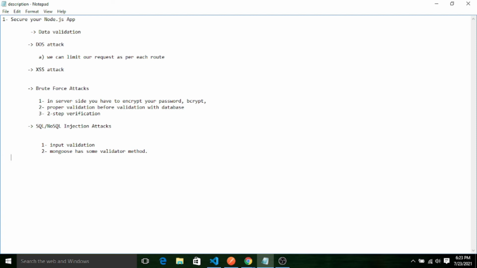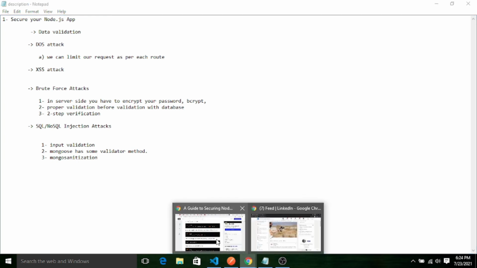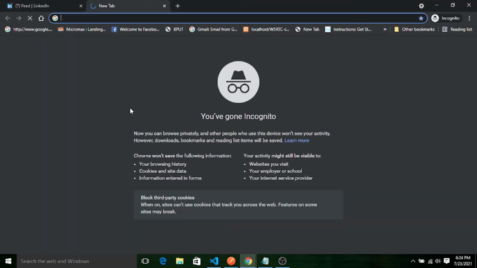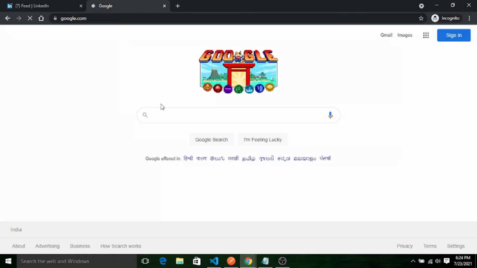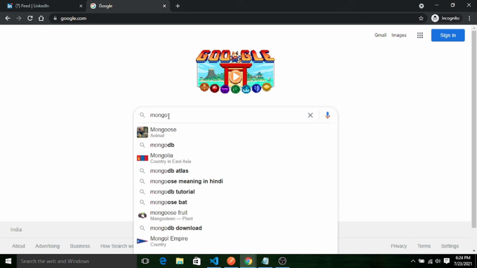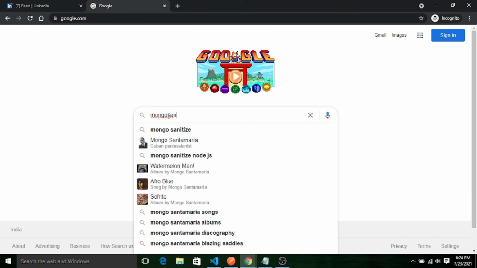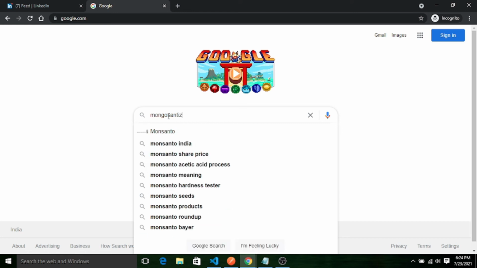The third point is, there is one beautiful module in the Node.js library, I think Mongo sanitization. Let me go and search for it.